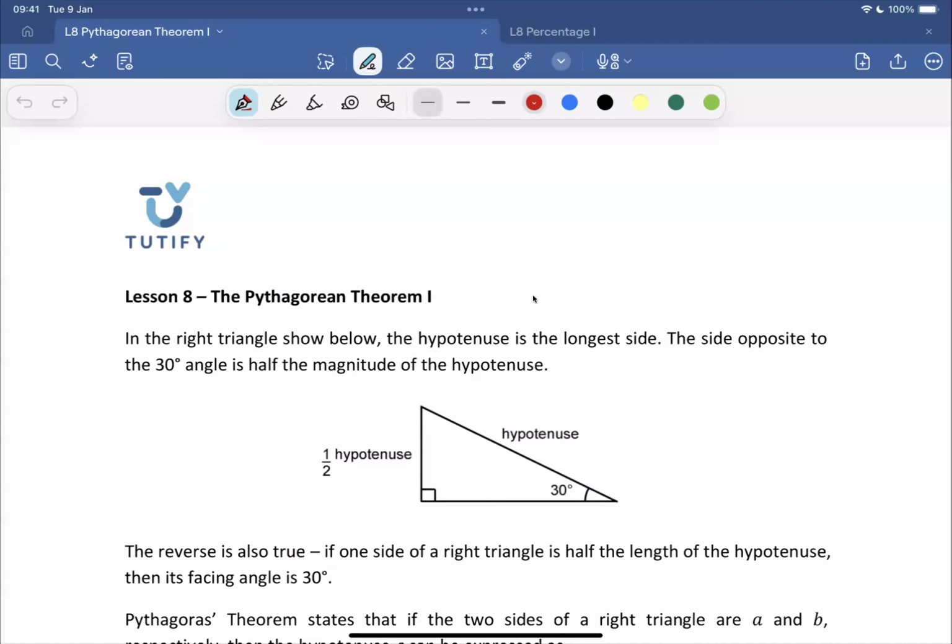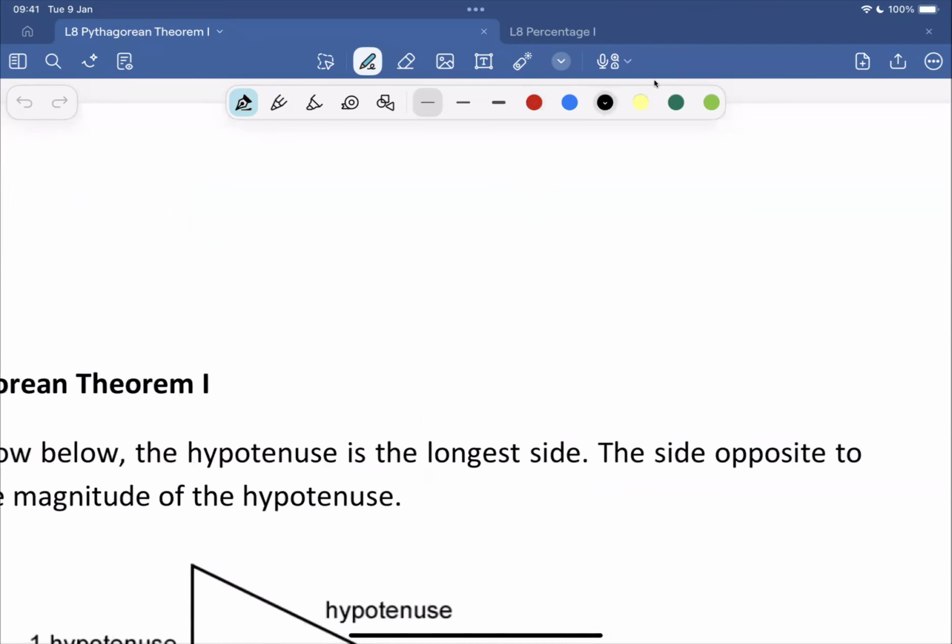All right. So students, how many of you already know the Pythagoras theorem? Raise your hand. Anyone? Very good. Now, let's do a quick revision. Whenever you see a right angled triangle,